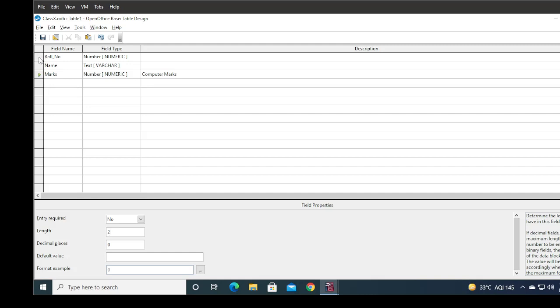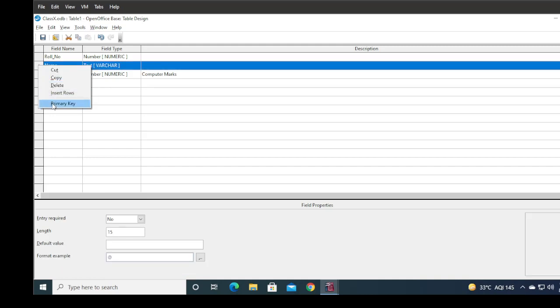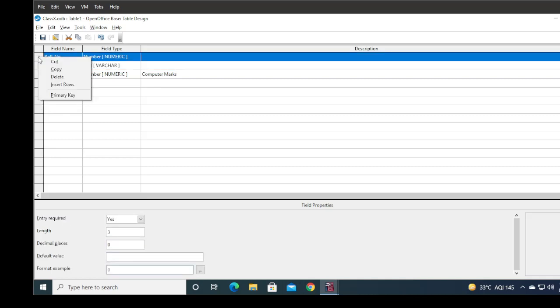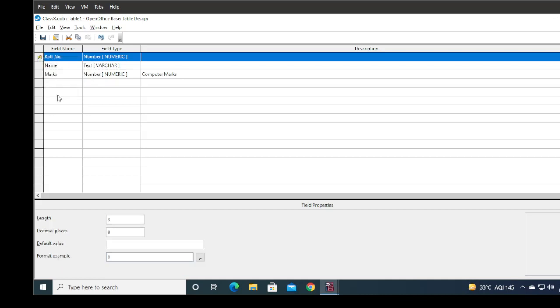For the primary key, you can right click on this border. This is your border, roll number border, name border, marks border. If you want to set the primary key on name, then right click in front of the name and click on primary key. If you want to set the primary key on roll number, just right click on it and click on primary key.